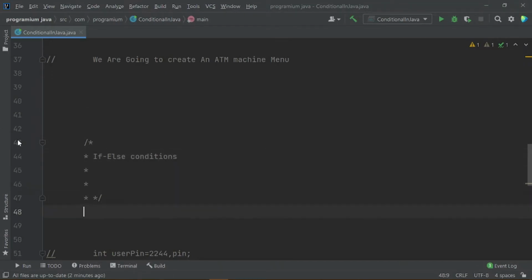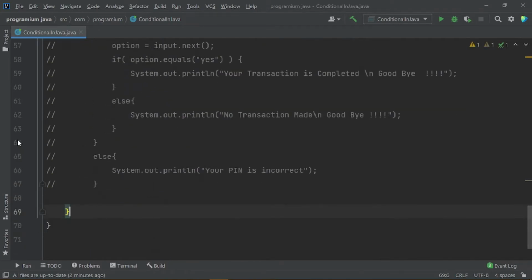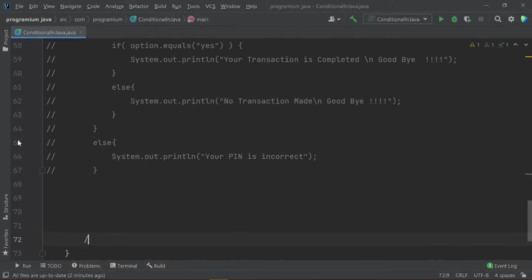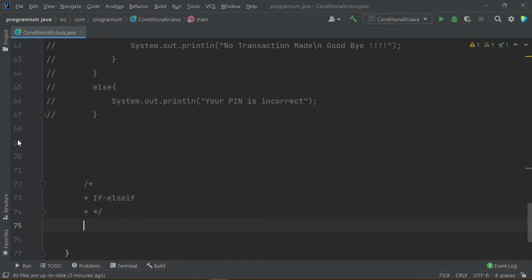Let me remove spaces from here, and now we will be creating our Java application related to if and else if conditions. So without any further delay, let's see what these conditions are.